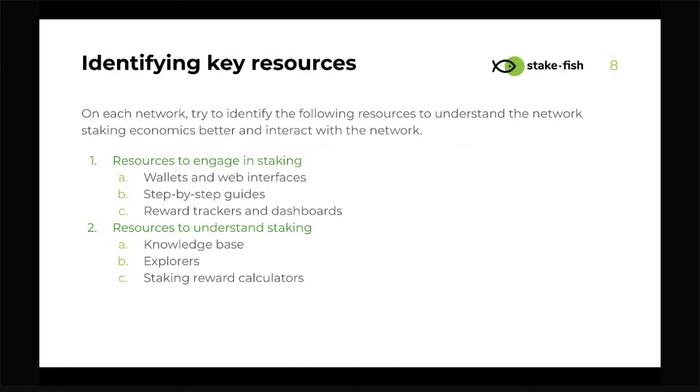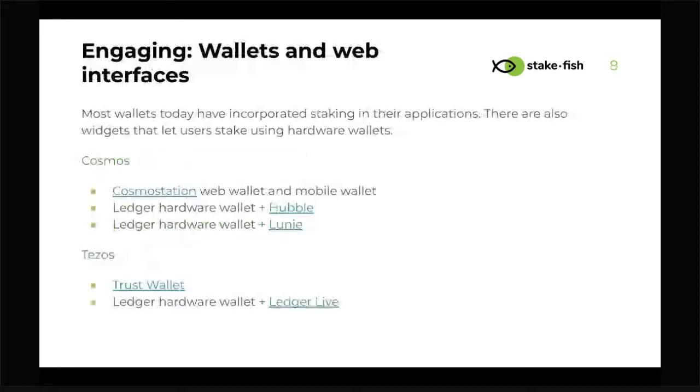The next category I've grouped is tools and resources that will help you understand the staking economics on a network. There's the basic knowledge base, which will include the white paper, developer documents, and the code base itself. But there are also more real-time information providers, like explorers. This is a recent trend, but there are also some teams that have built interactive calculators that abstract away all of the knowledge base related stuff, and you could simply move some levers around to estimate how much staking rewards you will potentially receive. So let's dive right into the first category.